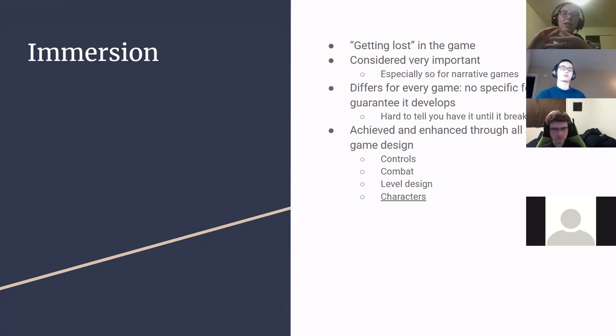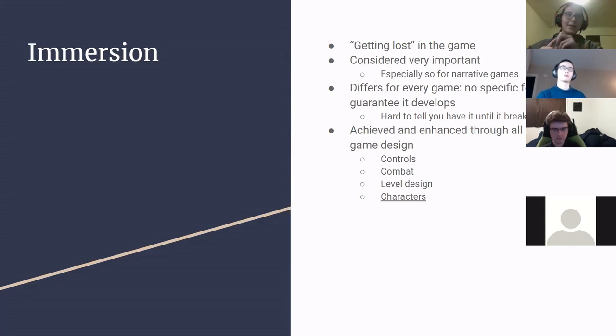So how you achieve this sort of immersion differs from game to game. It very much depends on what you want to do with your game. And it's very hard because of that to give any tips or pointers on how to achieve immersion,